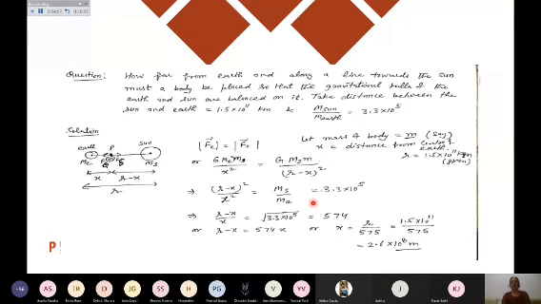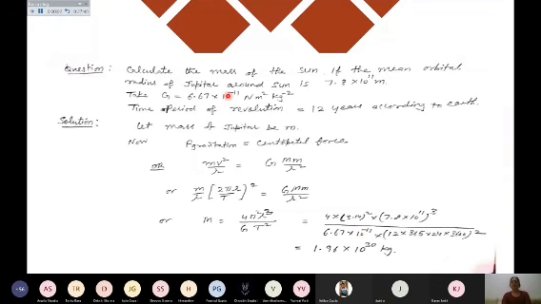Then this value is given to you. So you can simply find (r minus x) divided by x by taking the square root on both the sides. So mathematics, you can simply solve by putting their values. r is given in the question and x you can calculate. I'm getting the answer 2.6 into 10 to the power 8 meter. So you need to understand the concept. You should be able to apply the formula, and then you have to simply work it out.